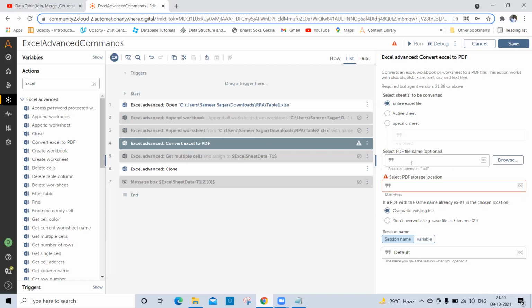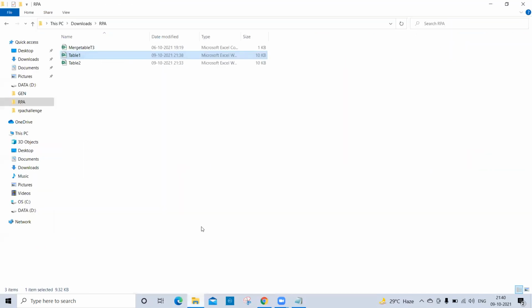Okay. And here we have to provide what the PDF file name will be once it is converted from Excel. So I'm just putting the name, Convert. We are not passing the extension right now, I'm just putting the name of the file. After that, we'll pass the dot extension, dot PDF. And where I want to store that PDF file, that path I will also pass. I'm using the same location.